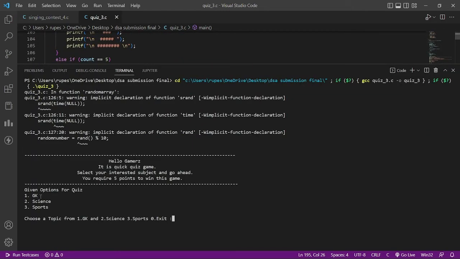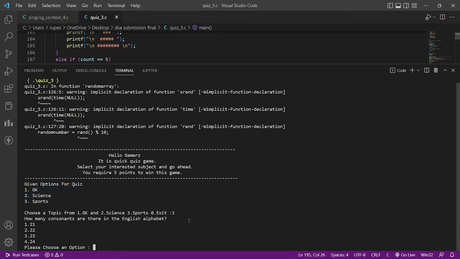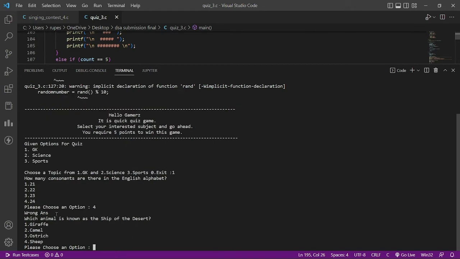Here we can see we have 3 options: GK, science, and sports. Let's go for the GK. Now, how many consonants are there in the English alphabet? We know 4. It is a wrong answer. So no